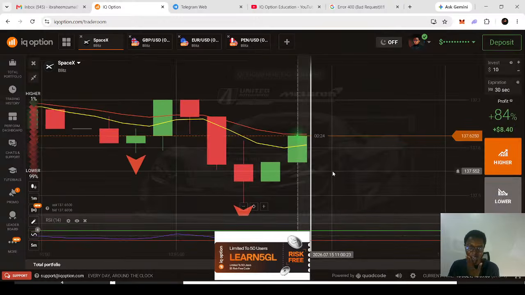Okay, so right here we are about to see something. Okay, but we're gonna pay attention. It seems like something might happen here. Okay, it is SpaceX. Oh my god, that's my bad. Okay, so we missed an entry around here. You have the fractal appearing right here and the crossing happening around here, and the market is above 50, and right after that the market seems to be going up, but it is 5 minutes whatever. So okay,